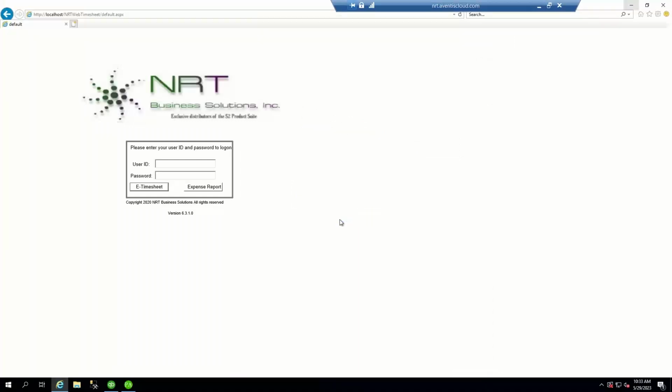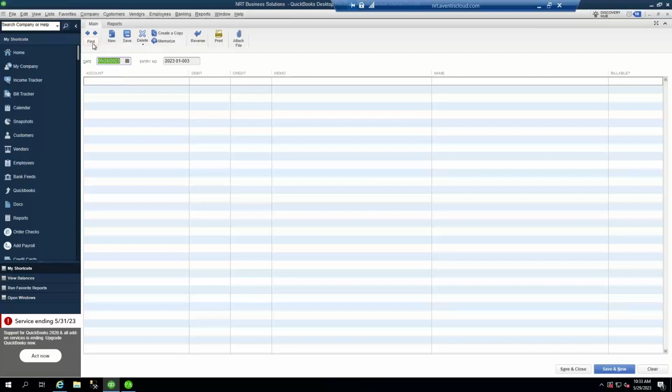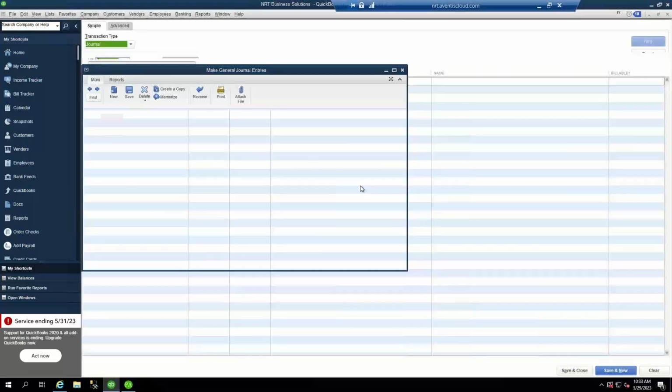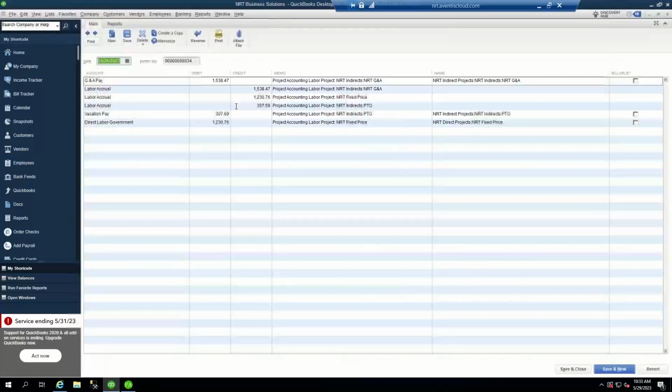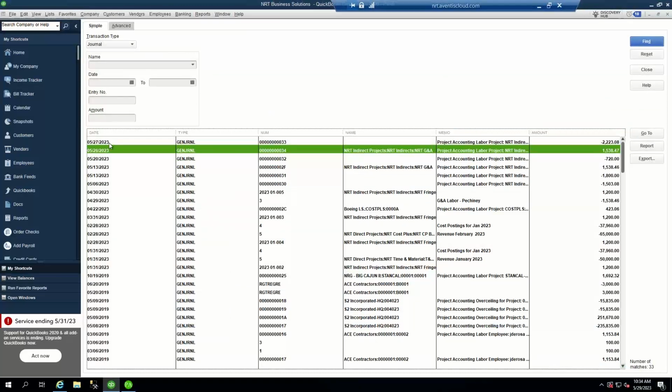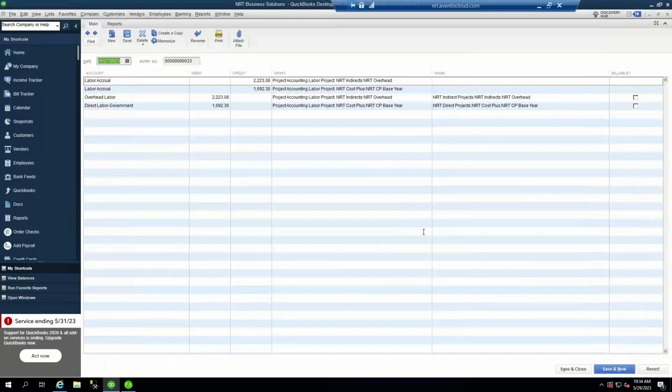And you would save these reports and print them out. Then we go back over to QuickBooks and do a search on our journal entries. We can now see we have our new postings here. This is the one I just posted that's related to the biweekly. And if we close this out, this is the one that was related to the weekly postings. So that's an overview of how we do labor processing